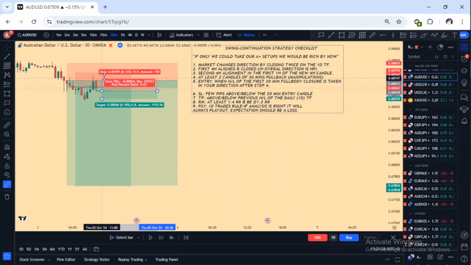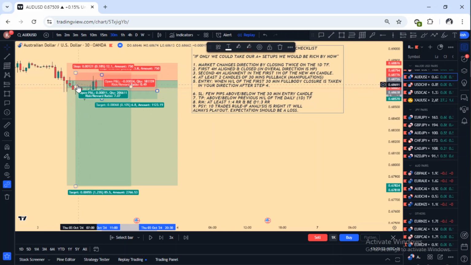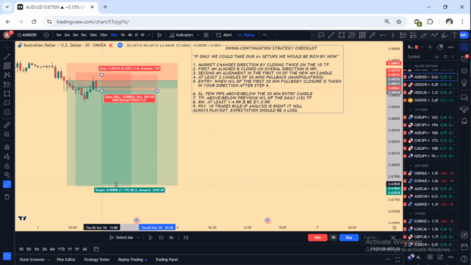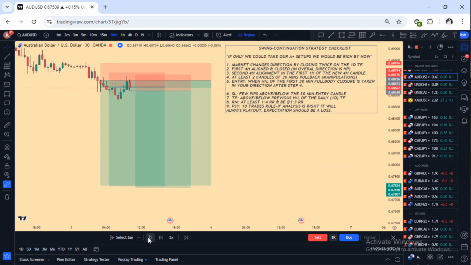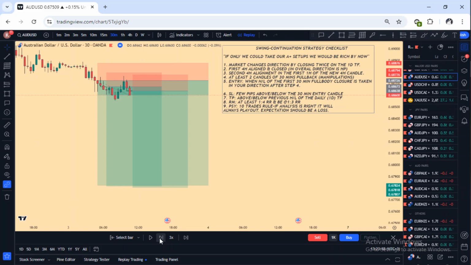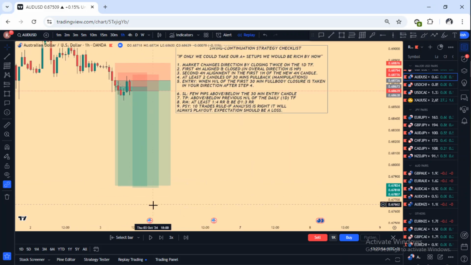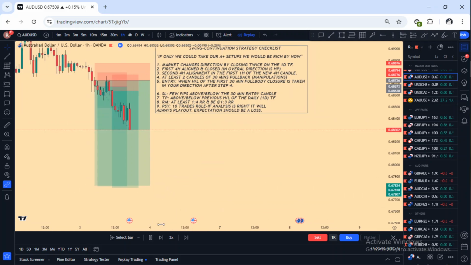So enter when that low is taken, stop loss here. This would be the best entry. Even if I was wicked in this other one, I would have still entered here and targeted at least a 1 to 6, and that was it. So with that in mind, that was taken and immediately we got entry, even closed at the right particular place. So we can keep the momentum moving, as you can see,